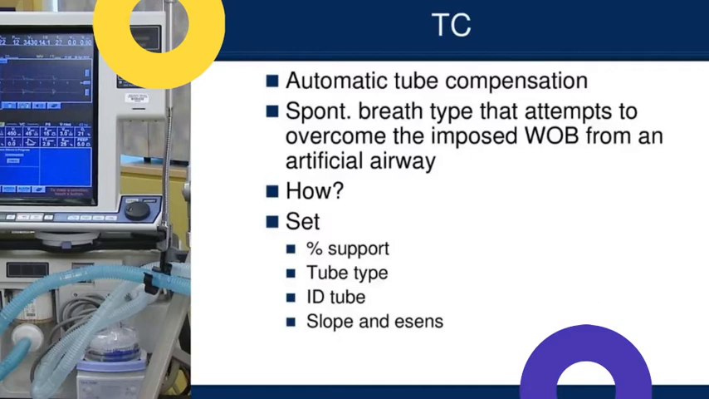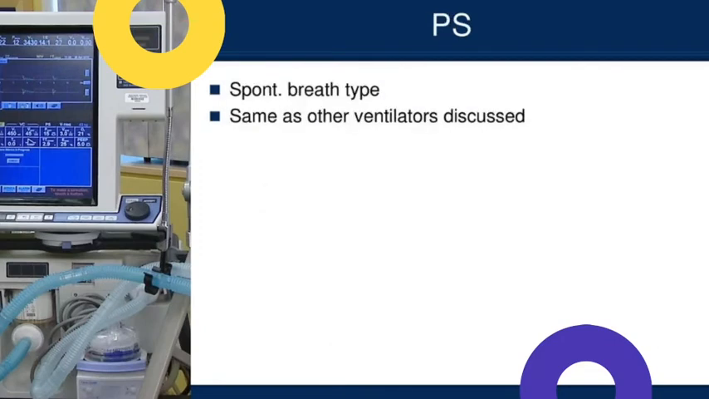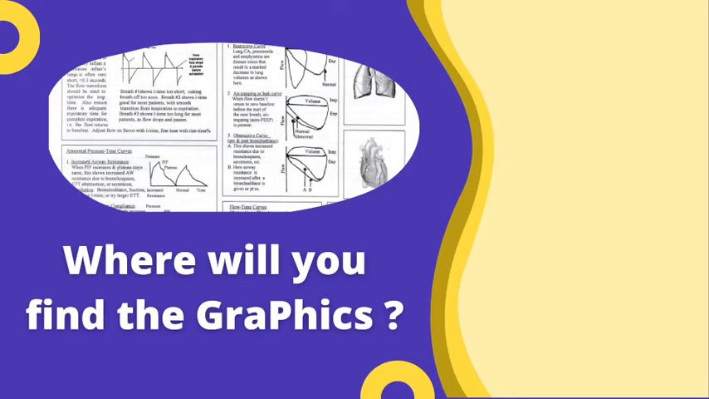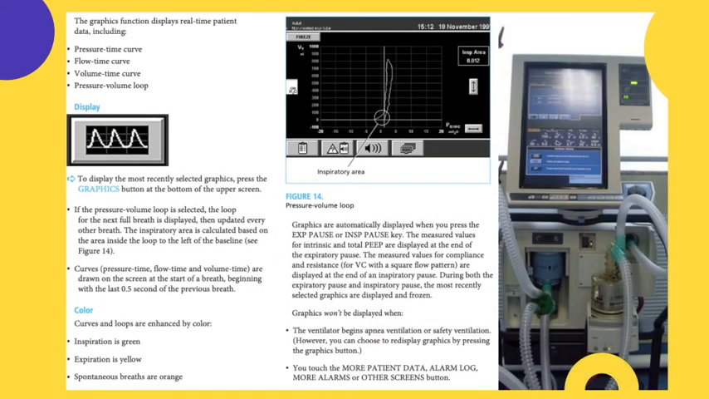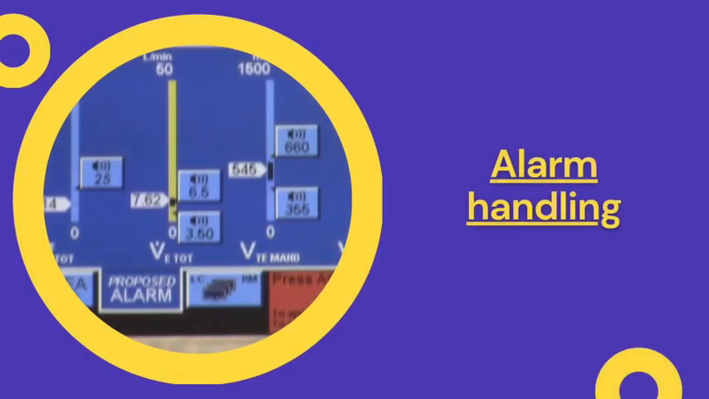TC, automatic tube compensation, spontaneous breath type that attempts to overcome the imposed work of breathing from an artificial airway. Pressure support, PS, spontaneous breath type, same as other ventilators discussed. Where will you find the graphics? Alarm handling,